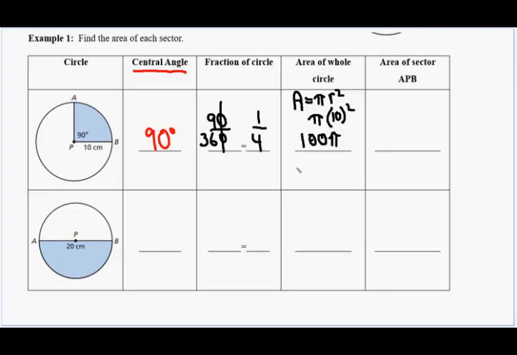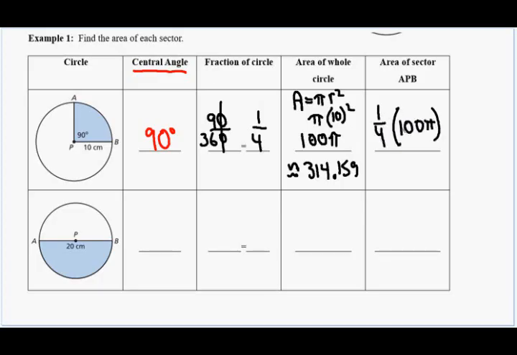And 100 pi as a decimal is about 314.159. So if we want just the area of that blue sector, we're going to do 1/4, our fraction, times